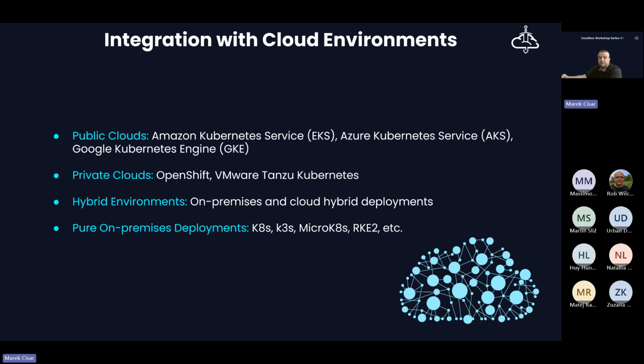So this basically ensures unified security and a unified approach to how to deploy Excalibur SAM, and also a unified user experience. So there is no difference if the user is using Excalibur deployed within the public cloud or private cloud, or maybe in some kind of hybrid deployment. The user experience is still the same.